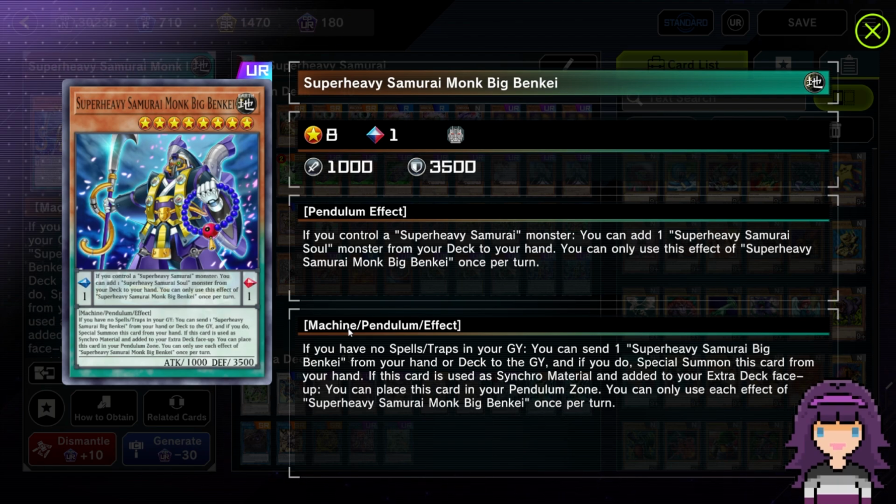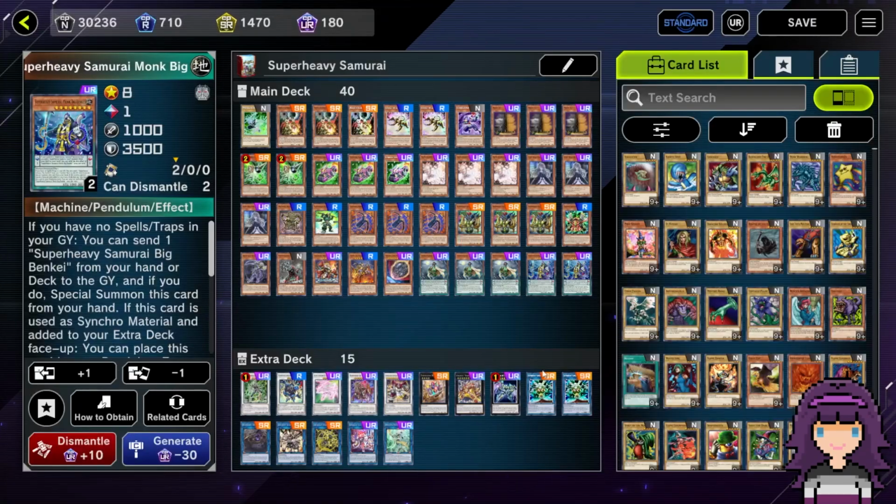It's also got a monster effect that's not relevant at all because we're not playing Superheavy Samurai Big Benkei. This is Monk Big Benkei. Big Benkei is its own separate monster, but we're not playing it, so yeah, we're not worried about this effect at all. We're mainly placing this off of the other Pendulum scale, and then we get to add a Superheavy